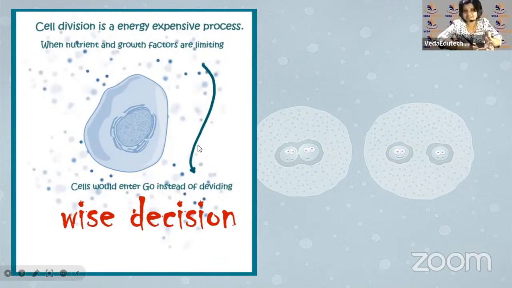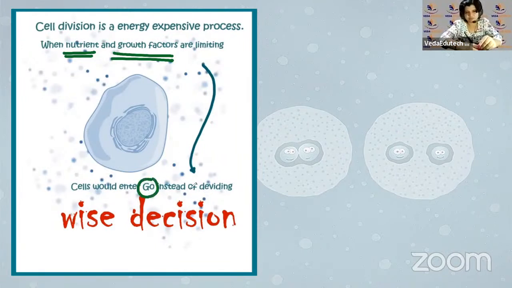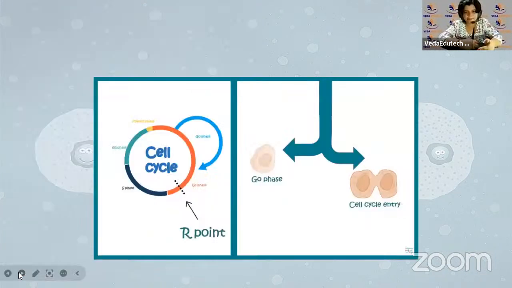So the cell is also like this. Cell is also like, I can't become a mommy right now. Like people do, they are not ready to become a parent now. Cells can also be like that. Even if I make babies, what would my baby eat? So when nutrients are not enough, when the growth factors are not enough, then the cell is like, let me enter G0 instead of dividing and making new babies, because I don't want my babies to live in such a situation. So I will just wait, see if the situation is favorable, see if I'm even needed to make babies. And if I'm needed to make babies, then I will make babies.